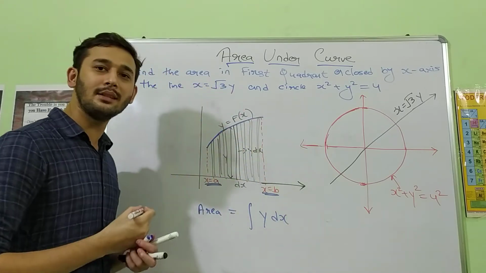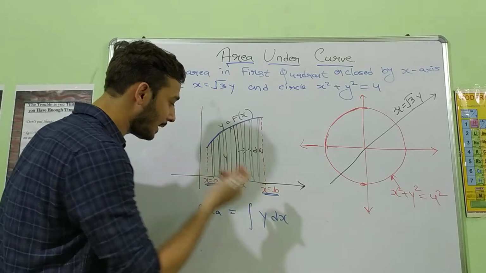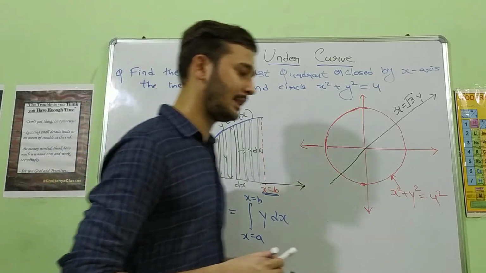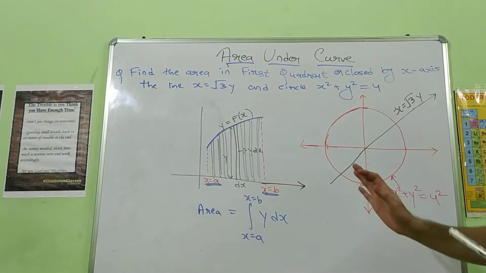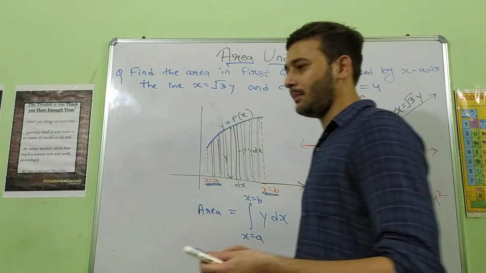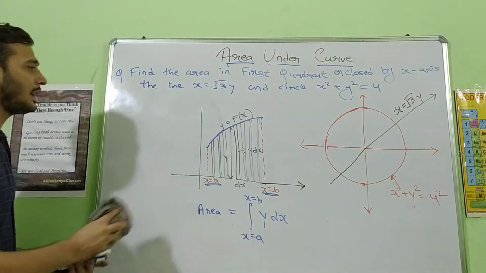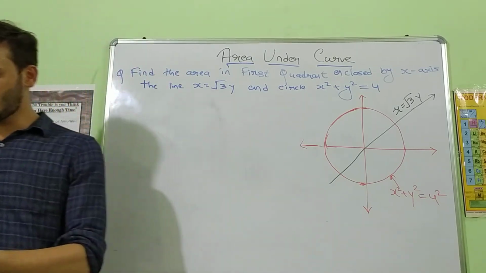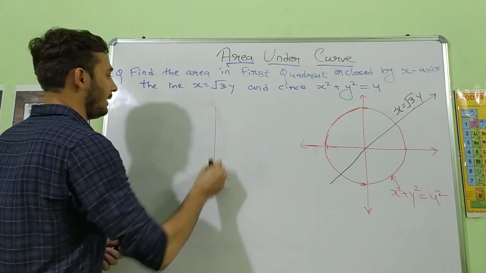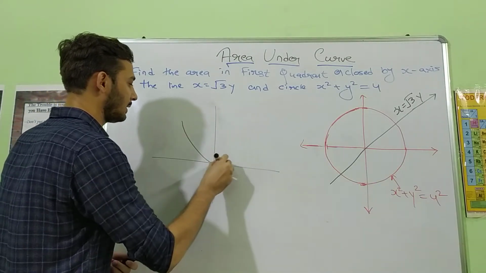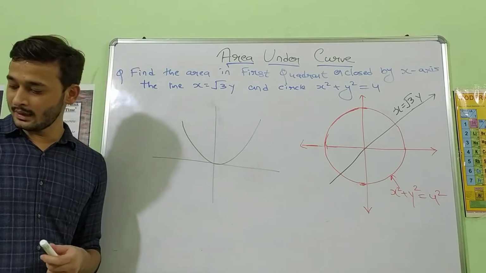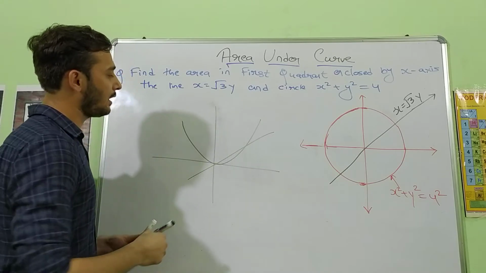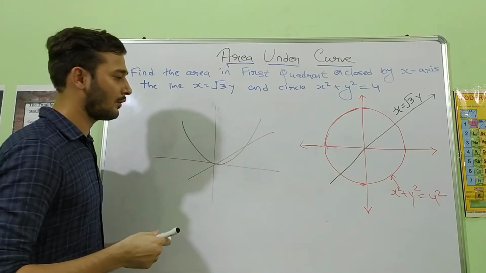The curve equation is given to you. Integrate it with respect to x from x equal to a to x equal to b. That's it. This was about a simple curve given to us. Now sometimes in a question, they give you a combination of curves. Like what can they give you? They will give you a parabola, say, and the equation of a line will be given like this, and you are required to find the area between them.